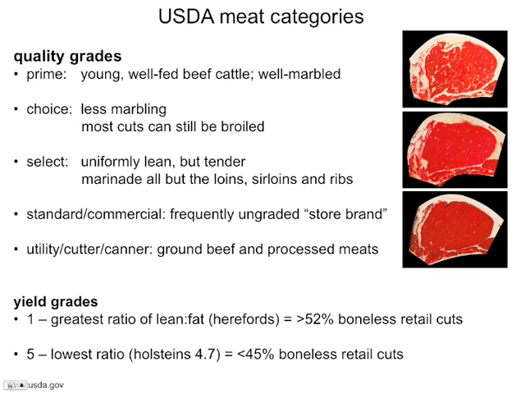The best of these are usually going to be Herefords. As I mentioned, that's what the principal meat supply in the United States is composed of, and they have a yield grade of 1, which is about 52% boneless retail cuts. So there's a complicated conversion to go between how much lean and how much fat there is to exactly how much meat we're getting off of that. 52% is yield grade 1. Less than 45% is all the way down at yield grade 5, and that's going to be Holsteins, which are not bred for beef. You will remember that Holsteins are bred for milk production. Still, they can be sold as meat, and they're going to have a significantly lower quantity of meat on the bone.